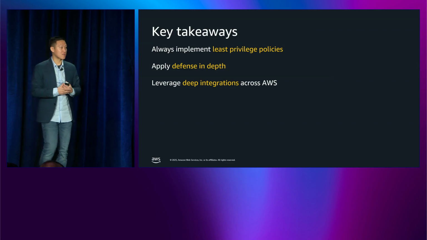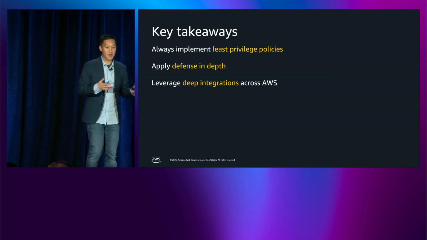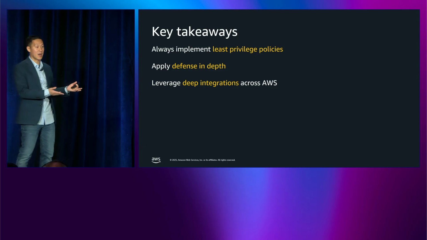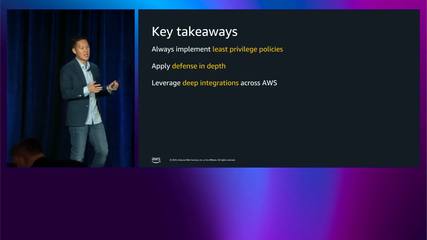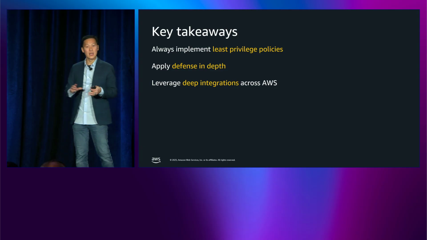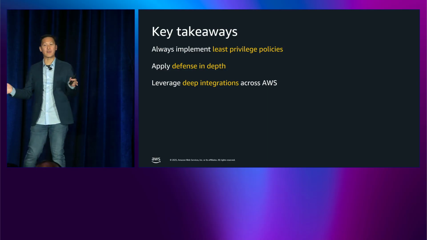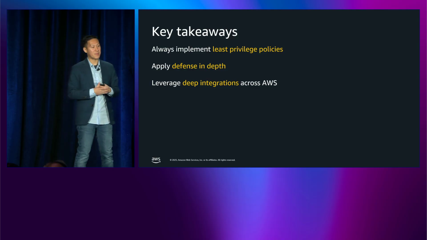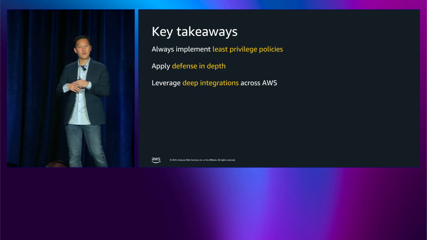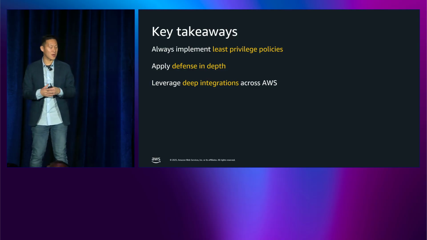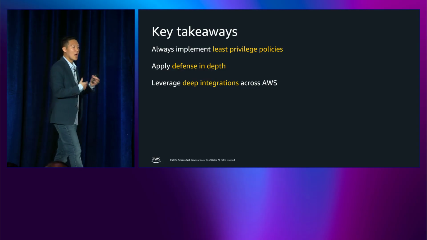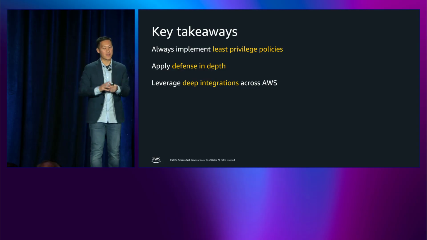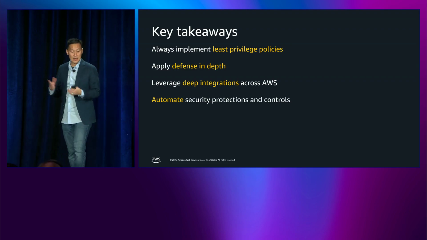Leverage the deep integrations across AWS. One of the beautiful things about building serverless applications, whether these are synchronous APIs or, as we didn't spend a lot of time on, async event-driven patterns, is that AWS will manage those integrations on your behalf. A lot of times you're going to configure IAM roles or resource-based policies, create those least privilege policies, and let AWS do a lot of those integrations on your behalf. This helps ease the burden of a lot of the undifferentiated heavy lifting of configuring these different integrations. And last,